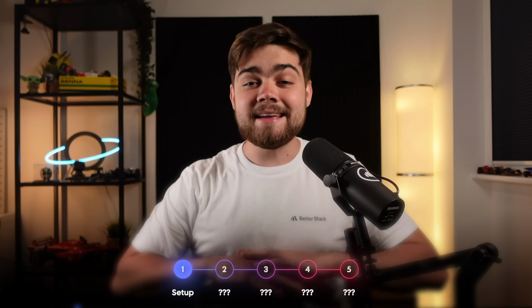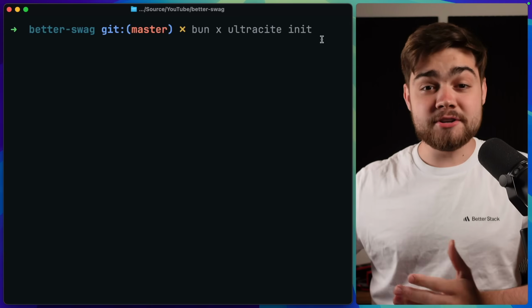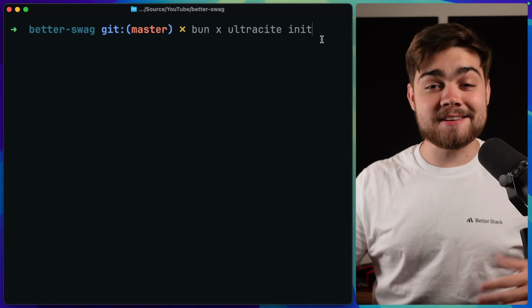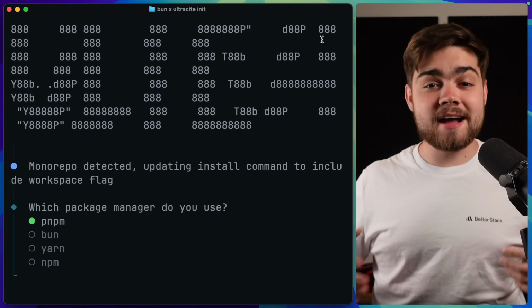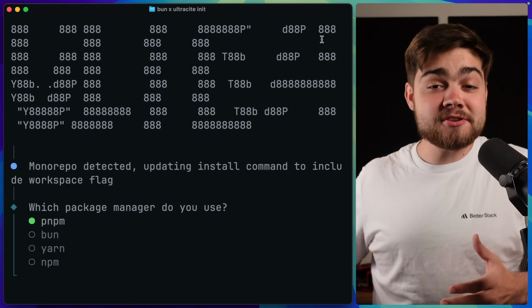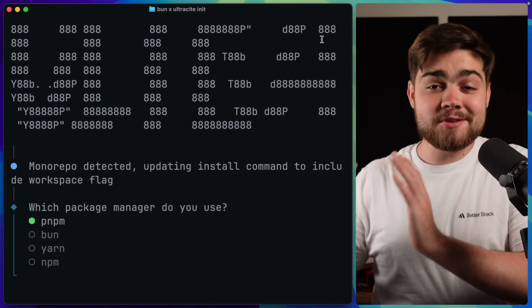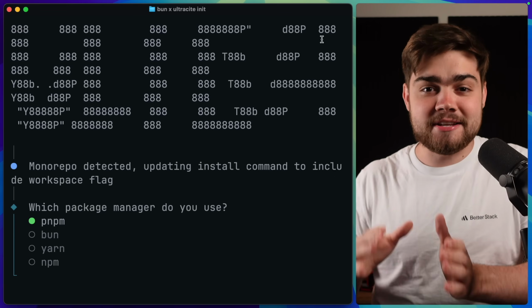Starting at number 1, it is super easy to set up. You literally only need one command, and that is npx ultracite init, or in my case, I've switched it out for bun. Once we run that, we'll be taken to the setup wizard, but I'm actually going to go ahead and skip the rest of the setup here, as first I want to go over the features so that all of these options in the setup actually make sense. So we'll put reason 1 on pause for now and jump straight to reason 2,